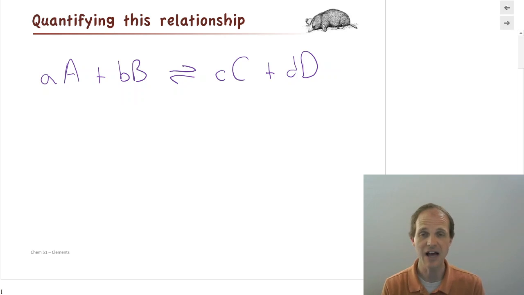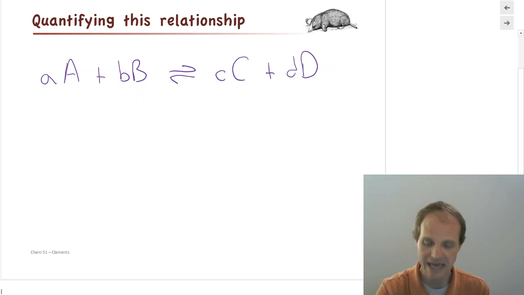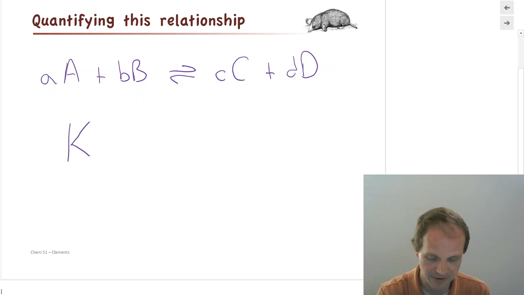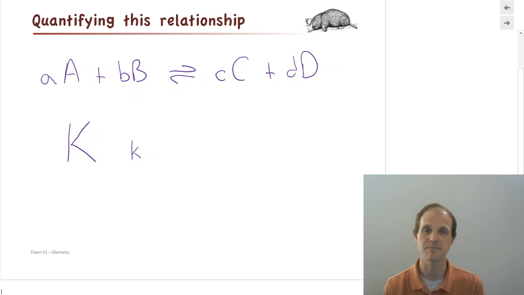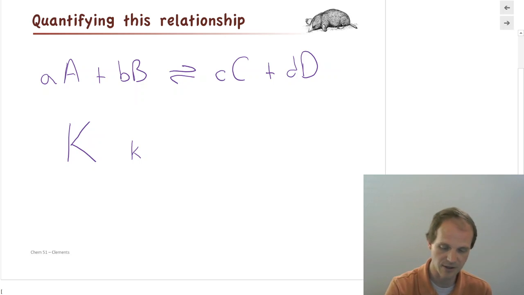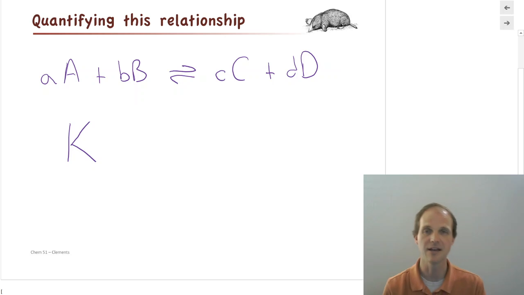And what we're going to define, and you're like, why would you define this? Because a lot of really smart people figured it out a long time ago. So we're going to define this thing called capital K. And we're doing that really just to confuse you between the lowercase k, especially since your professor has bad handwriting, of the last chapter, which was our rate constant. No. Here we're talking about capital K, which we're going to define as the equilibrium constant.